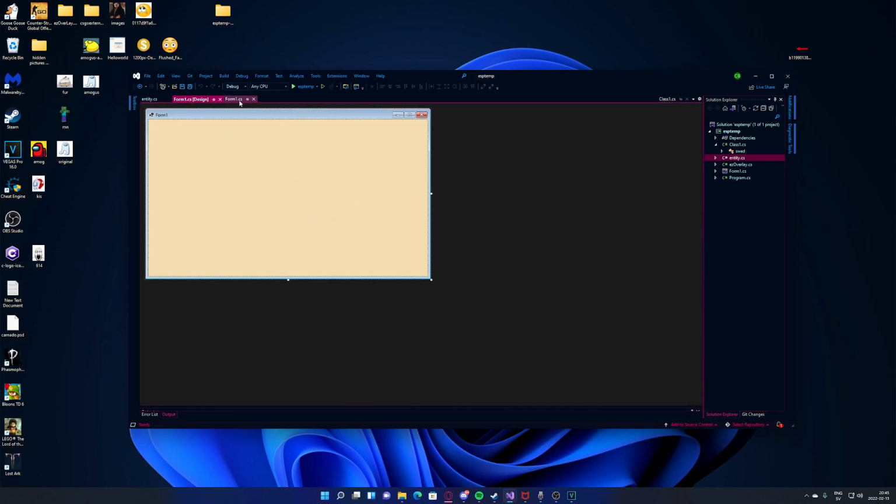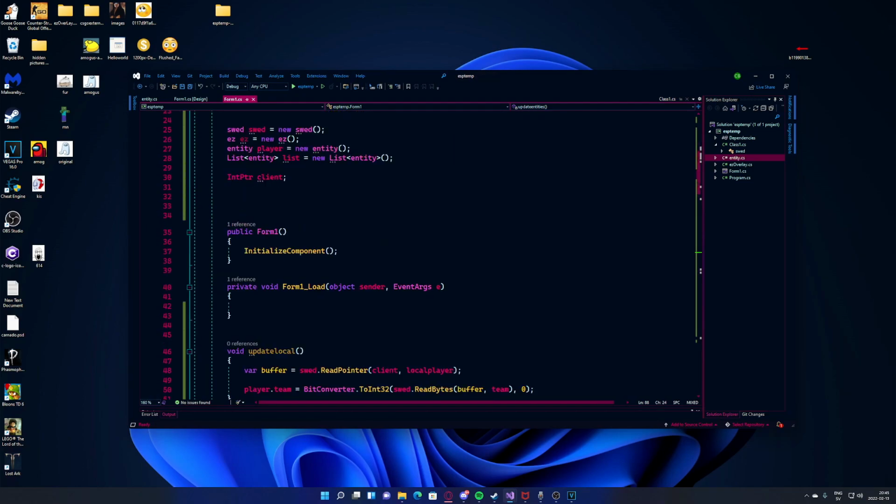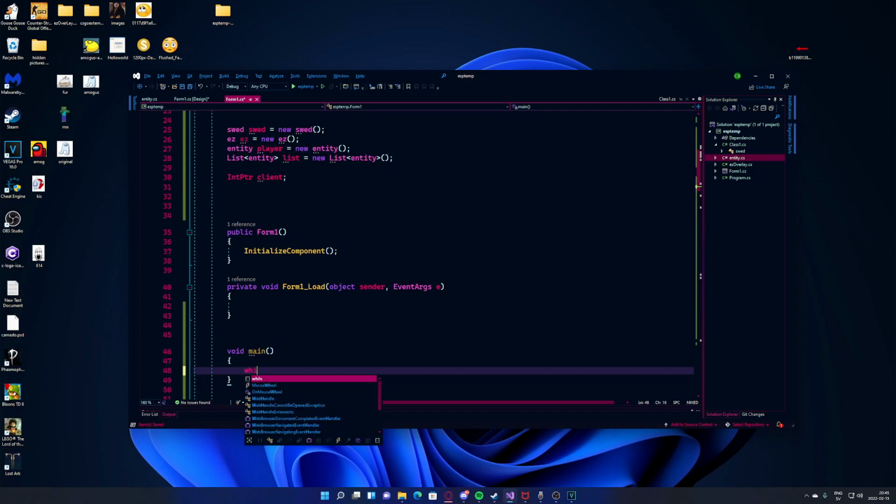Now everything that's left is just creating a while loop, a main loop, let's say. So we create our main loop here, and this main loop always runs, so while true,